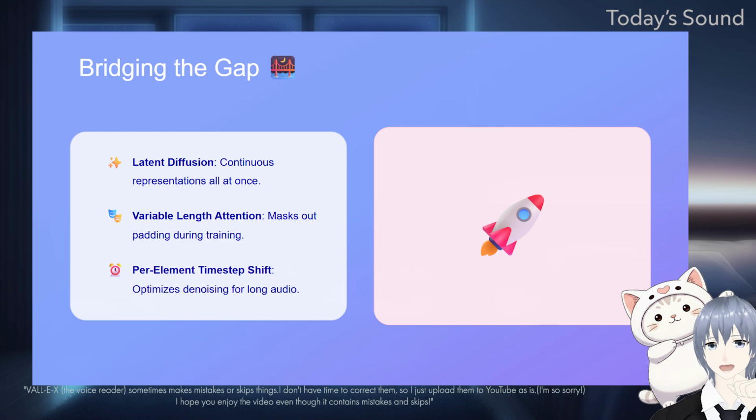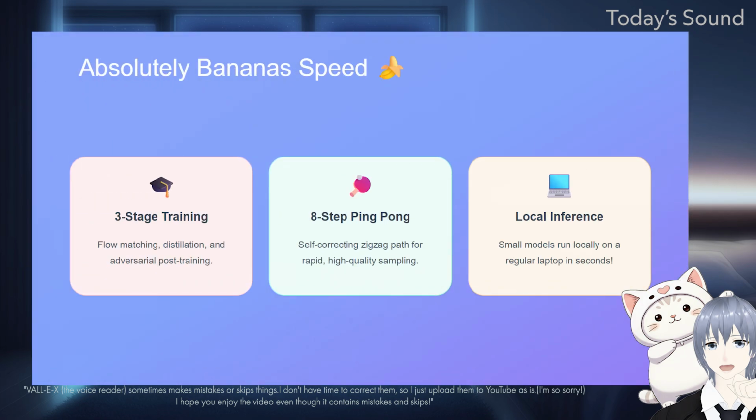They use variable length attention mechanisms during training, masking out the padding so the model only learns from the actual audio signal. They do this clever thing called a parallel 10-step shift. The longer sequences are pushed toward higher noise levels during training, ensuring the model learns how to properly denoise complex, long-form audio structures. And the speed on this thing is absolutely bananas, because they use a 3-stage training pipeline, starting